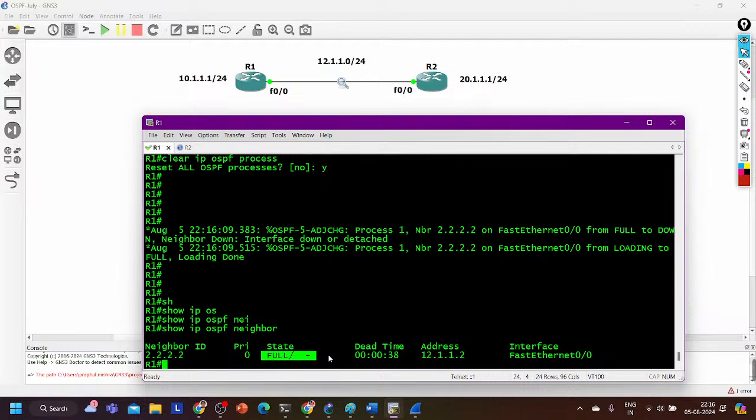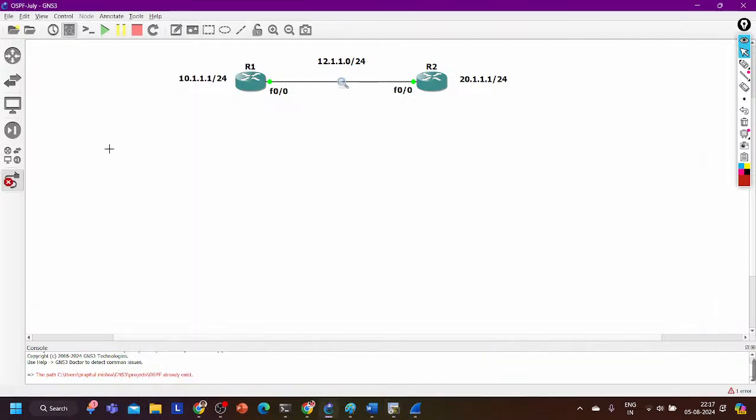By default the OSPF network type depends on the link, like on a Fast Ethernet link, or on any Ethernet link, the OSPF network type is by default broadcast. On a serial link, by default the OSPF network type is point to point. On a loopback interface, by default the OSPF network type is loopback. So if between router 1 and router 2, I connect one serial link, let's say